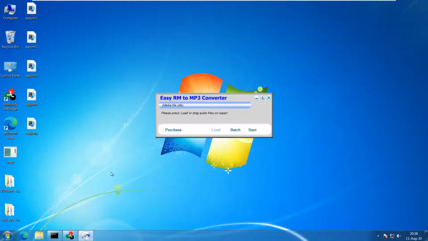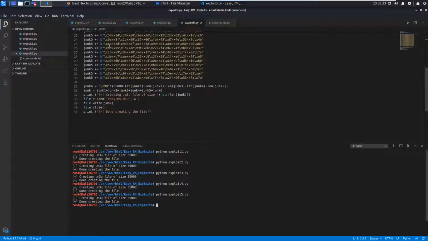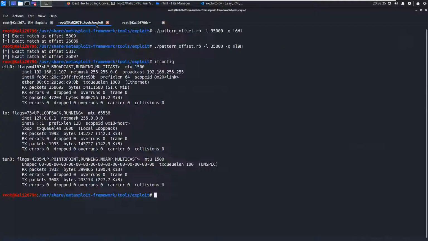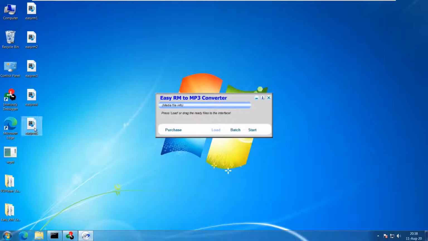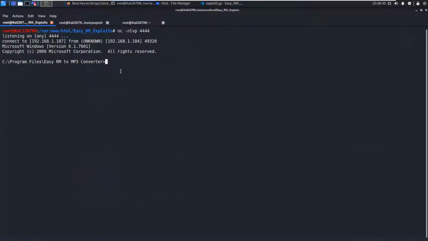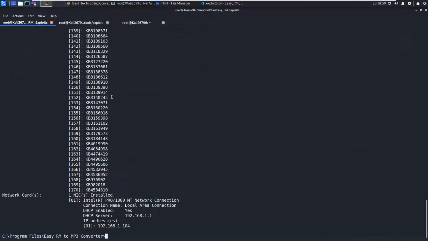Before I drag and drop this EasyRM2MP3 M3U file, I'll go to my terminal and type nc -nlvp 4444. Then when I drag and drop this file, I get my system access, and you can verify it by using the command systeminfo.